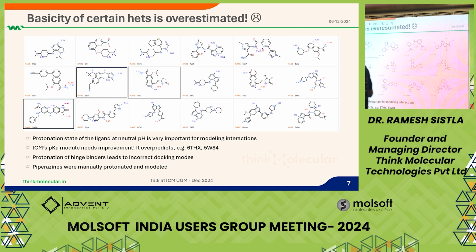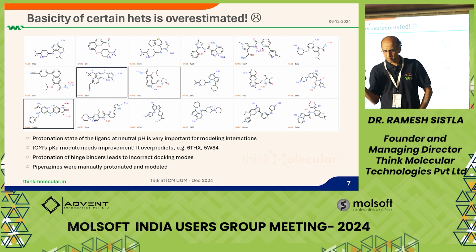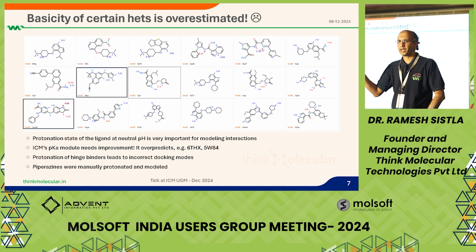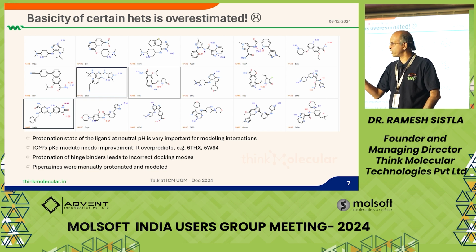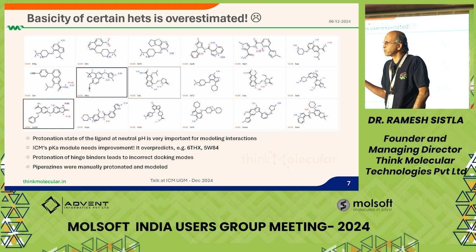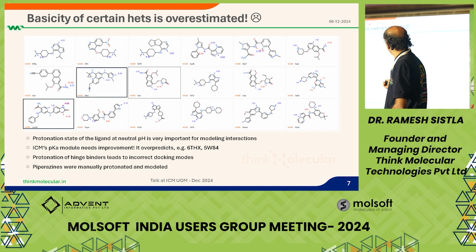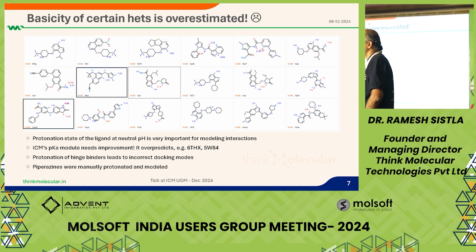But I want you to take note of this, because what happens especially in kinases, when you have a heterocycle binding at the hinge region, is that if you have inappropriate protonation, the acceptor becomes a donor, and you no longer make the hinge interaction. That is why, when I ran the docking in the auto mode,